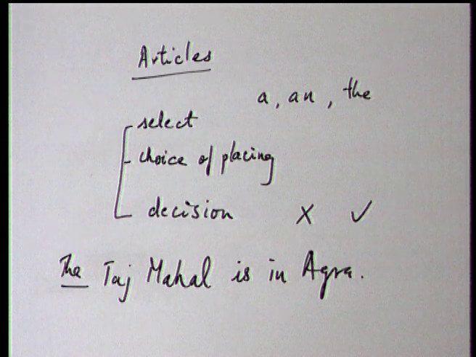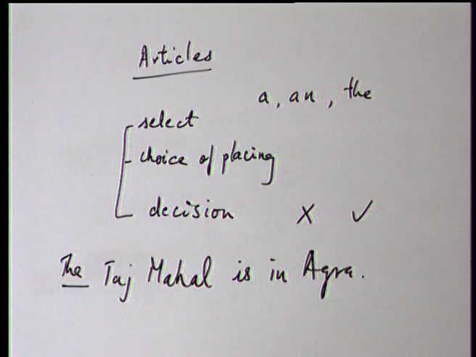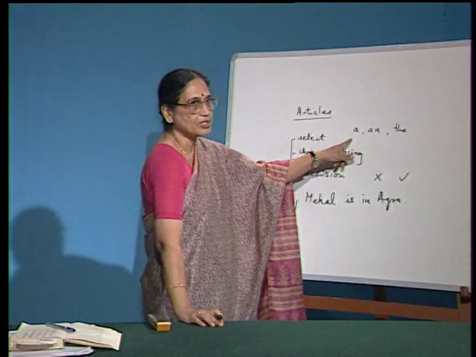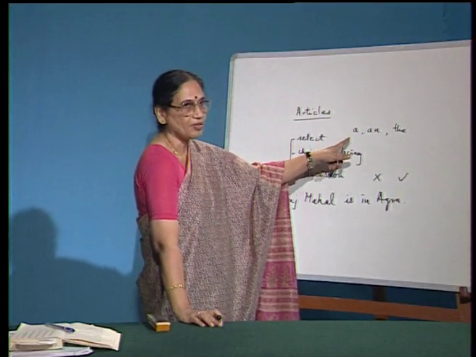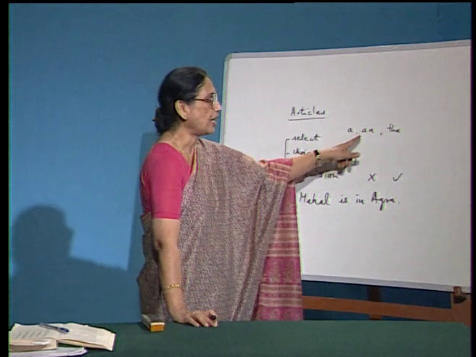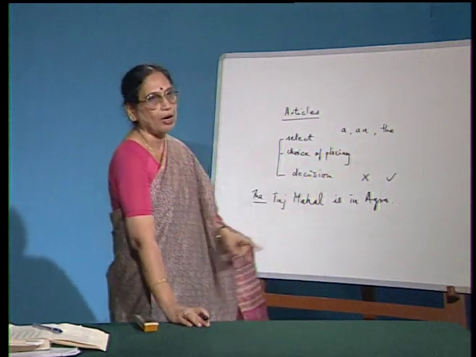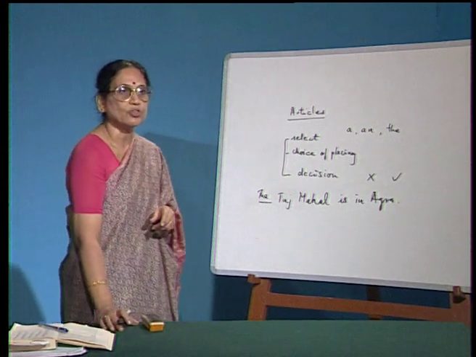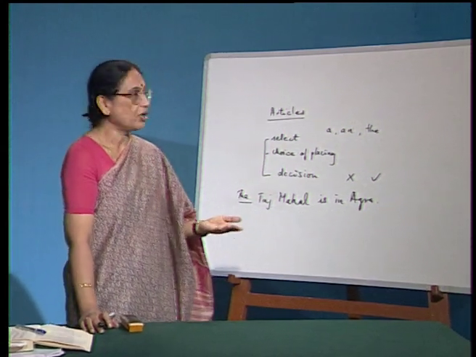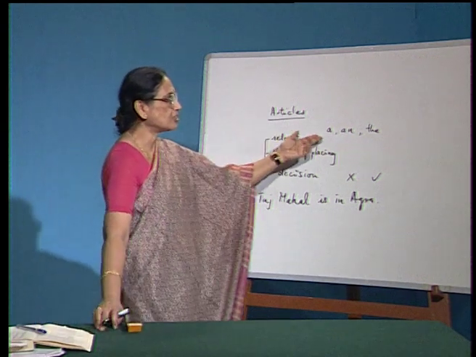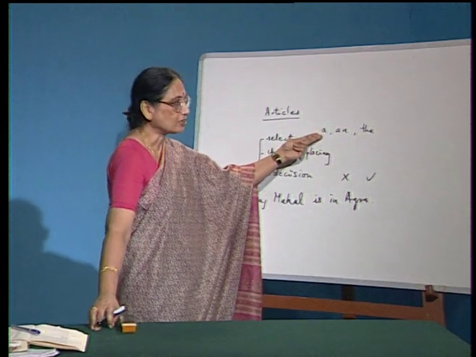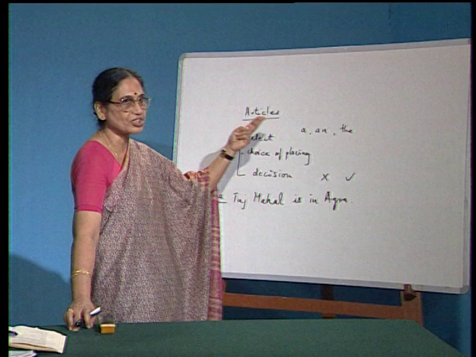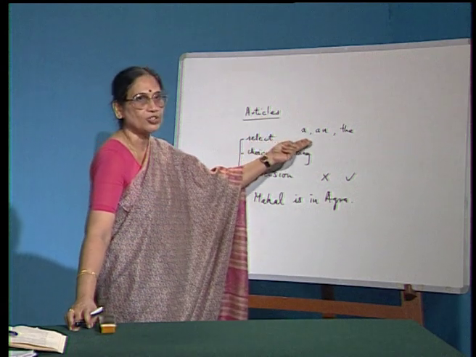In the selection of these two articles, a and an, you must have been told that a comes in where there is no vowel sound or where there is a consonant, and an comes in before a vowel. What we have not learnt very carefully, I think, in our schools and colleges long ago is that it is not just the vowel or the consonant alone, but the vowel sound or the consonant sound